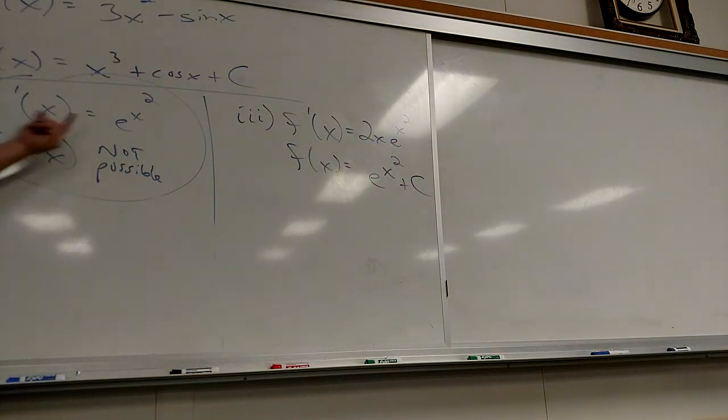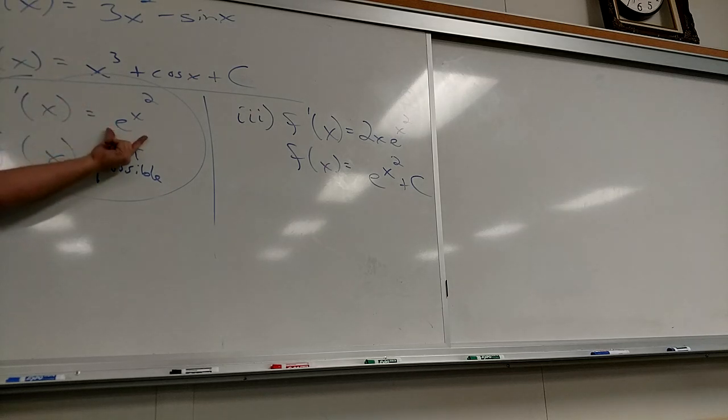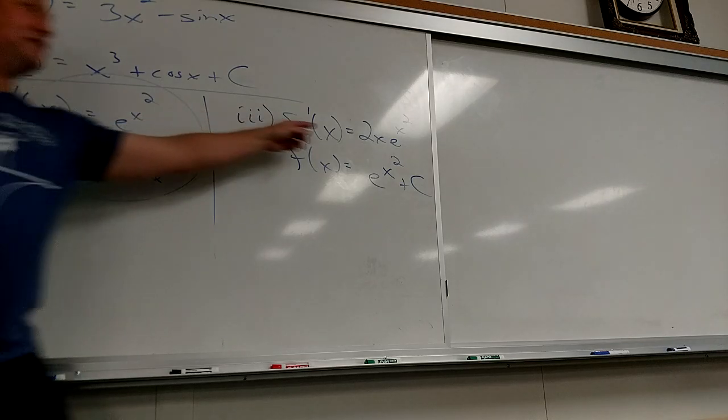So what was this missing? It was missing that chain rule piece. And not every function that's missing that piece is impossible. But this is one example where it's impossible. But if it's missing that chain rule piece,